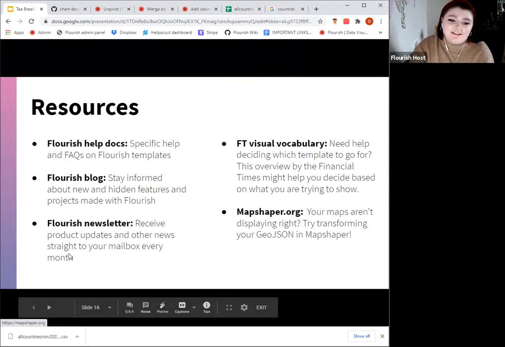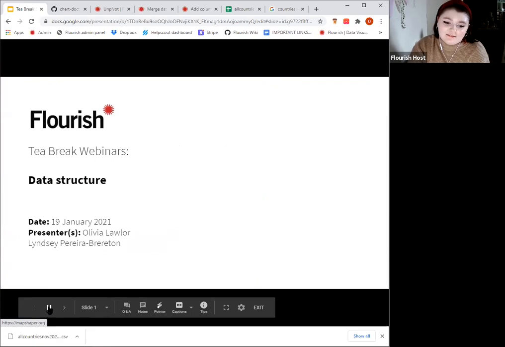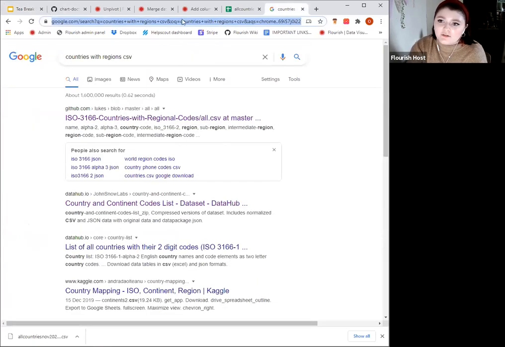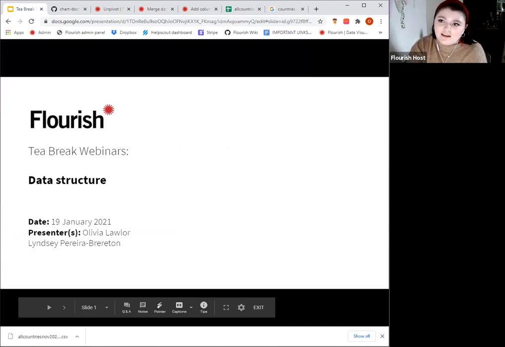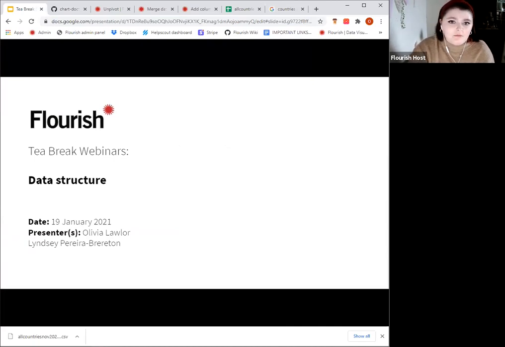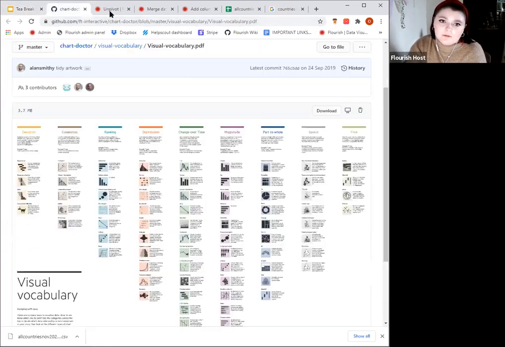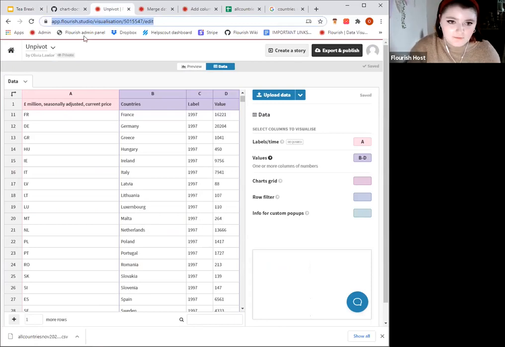Oh, the last slide isn't on there. So yeah, are there any questions, or would anybody like to see the projection map with the merged data? If you would, just drop that into the chat and I will be able to show you that. I think I'll just show it anyway.